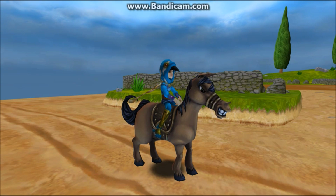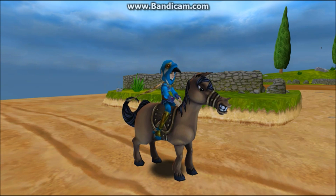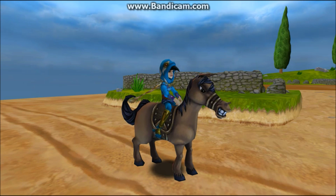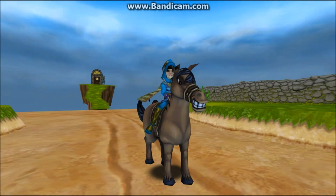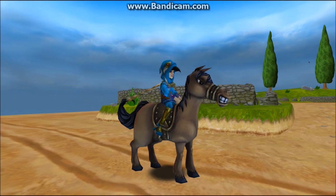I paid the 50,000 gold for this mount when I was in Rocketopia, or Marleybone, or Mushu. I think it was Marleybone or Mushu. Long story short, I got this before I got into Dragonspire, before I even got the dragon mount, and this was super awesome. I was the first of all my friends to get any mount in the game,